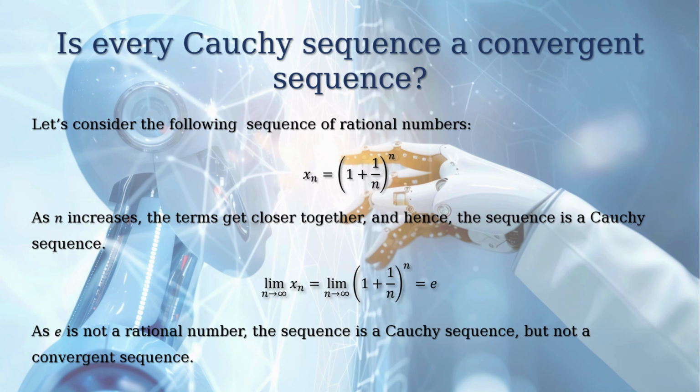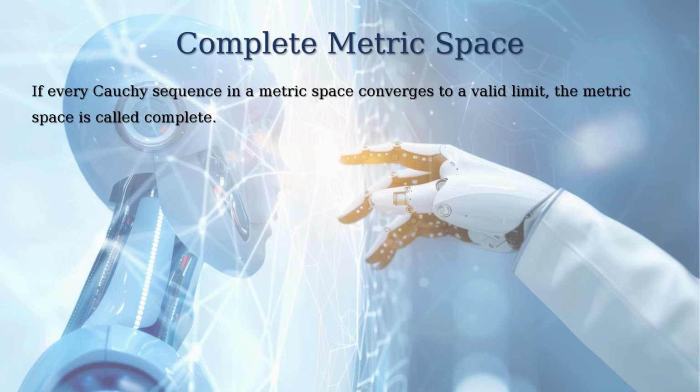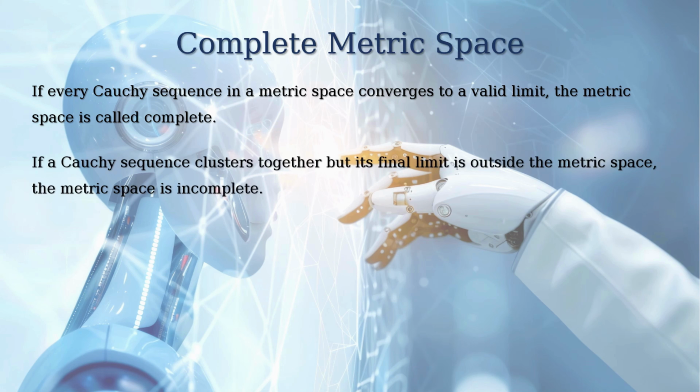But e is not a rational number. The sequence is a Cauchy sequence but not a convergent sequence. Now, let's discuss what a complete metric space is. If every Cauchy sequence in a metric space converges to a valid limit, the metric space is called complete. If a Cauchy sequence clusters together but its final limit is outside the metric space